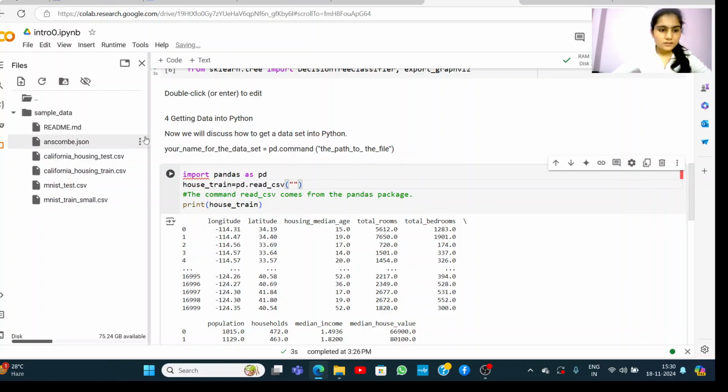So our file is California housing train.csv. We copy the path of the file and just paste here, and the command read_csv comes from the pandas package, and we print house_train, the variable, and if